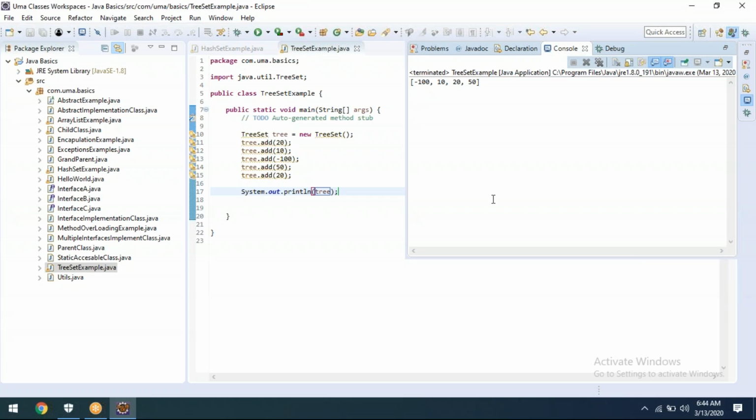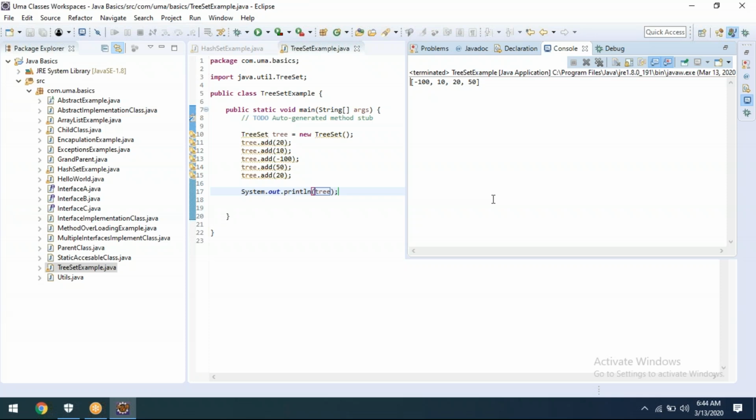If you observe now, it's giving the ascending order. Without changing anything, whatever values we are giving, it is giving in ascending order. Internally, while reading the values, it will compare and store them in a balanced tree. While giving the output, it will give the default ascending order.